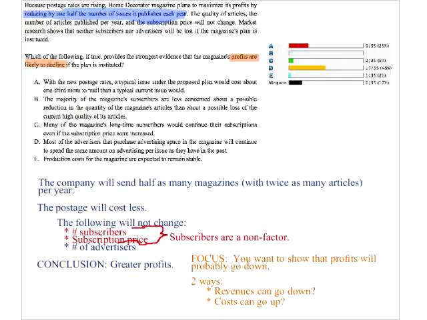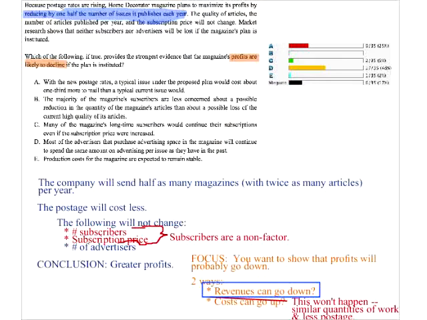The problem is that we know that the costs won't go up. So this won't happen because you have the same number of articles and stuff like that, and you have fewer issues. You have similar quantities of work and less postage. So we know that we must be looking for some sort of way in which revenues will decrease in order to complete this argument.